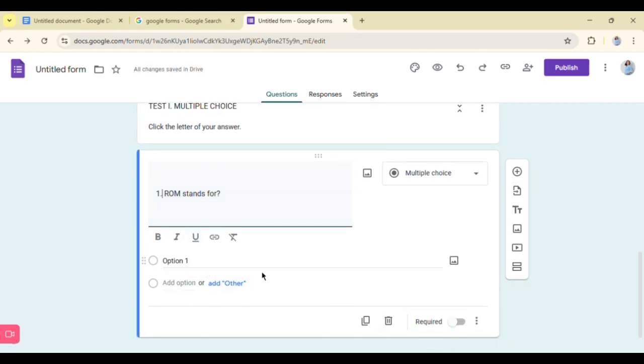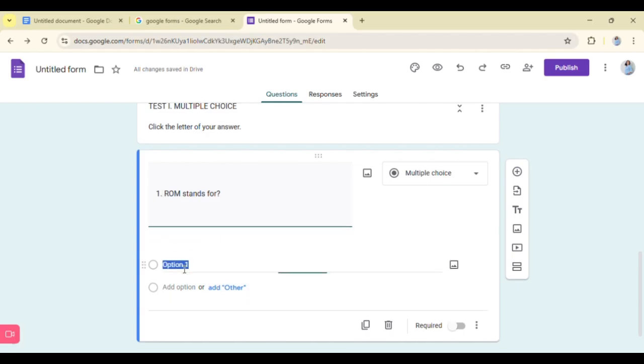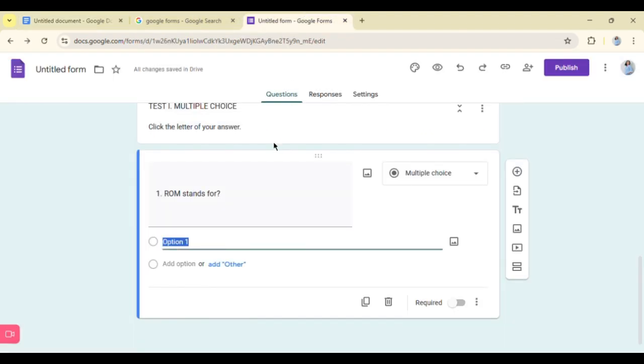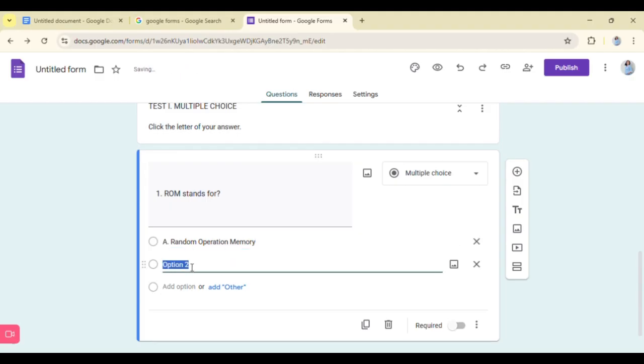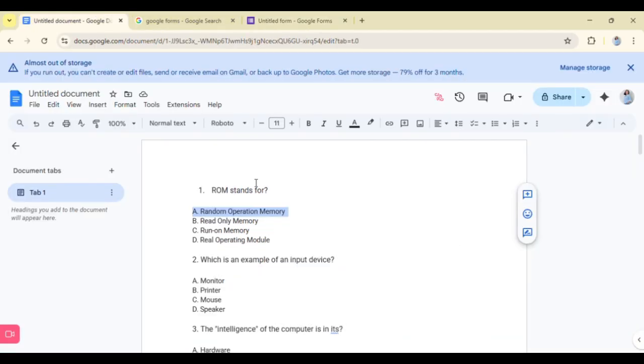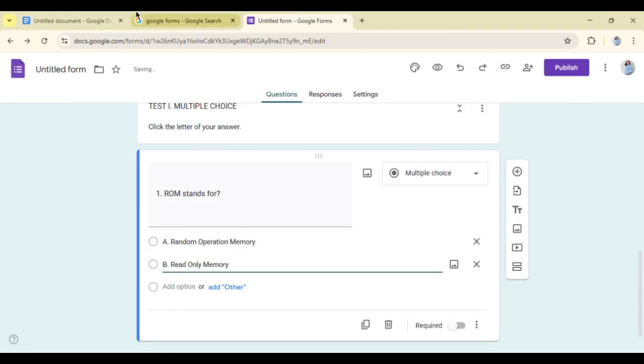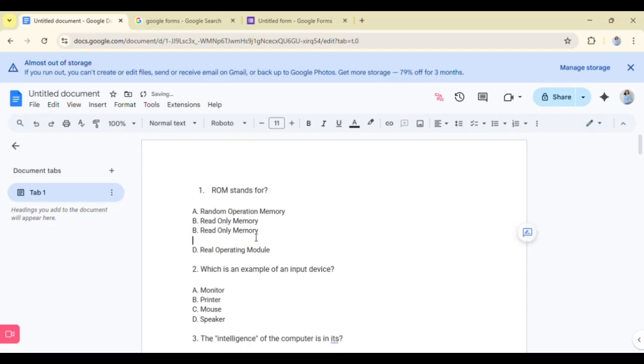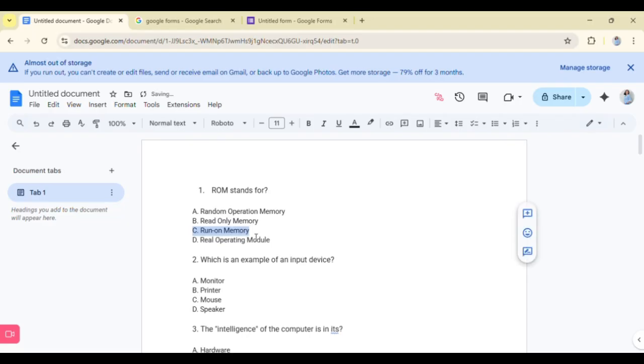Now for the options, you can click option 1 and then copy this option 1 and paste. And that's easy. So let's same thing with option 2, which is the letter B. And of course with option 3, the letters short.